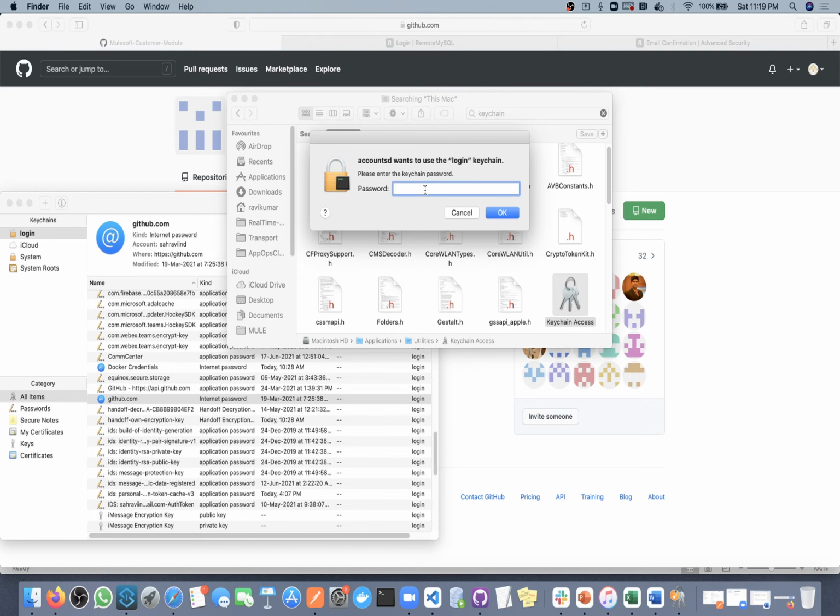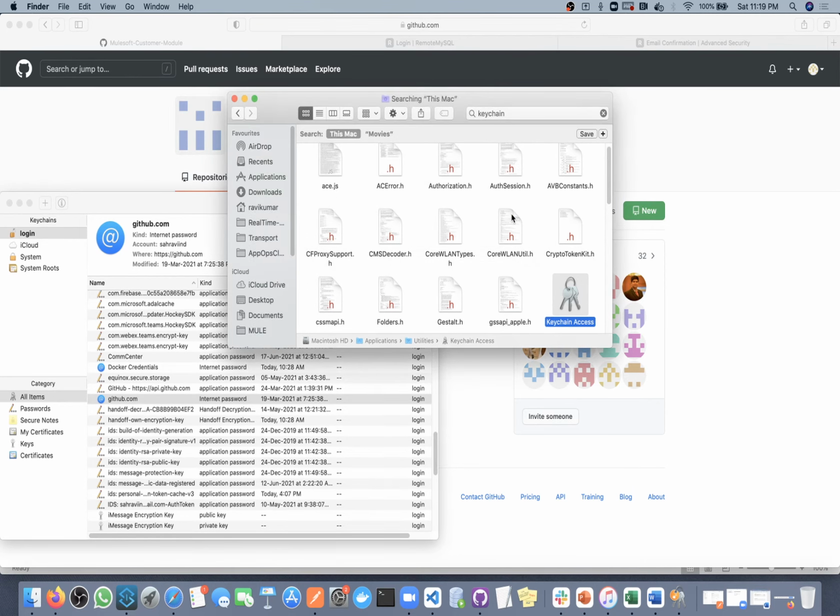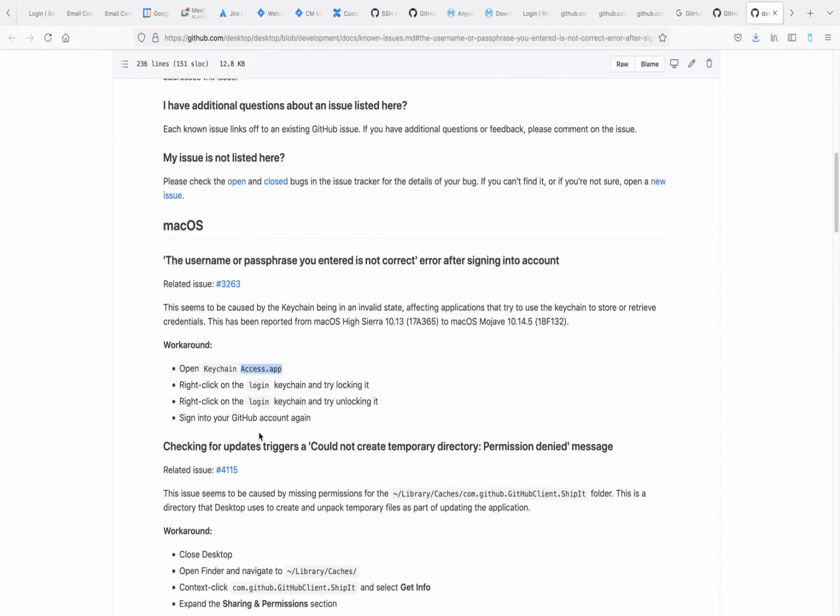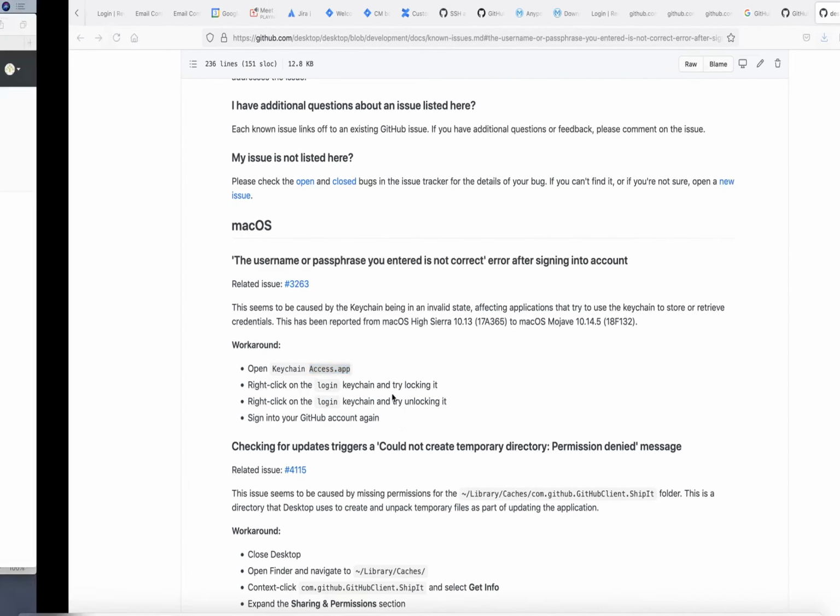Accounts, please enter the keychain password. Okay, system password. Then sign into your GitHub account again.